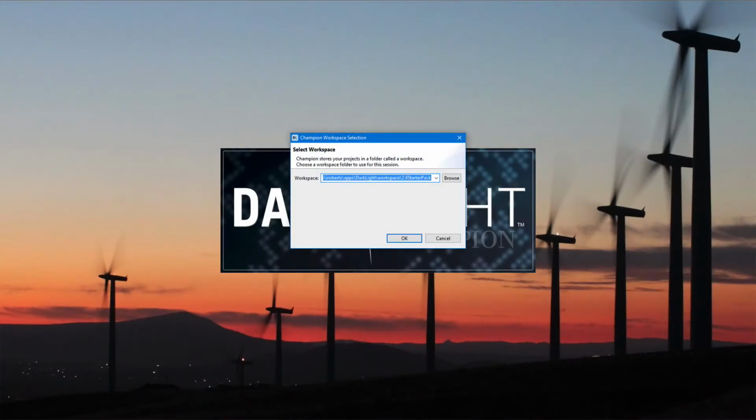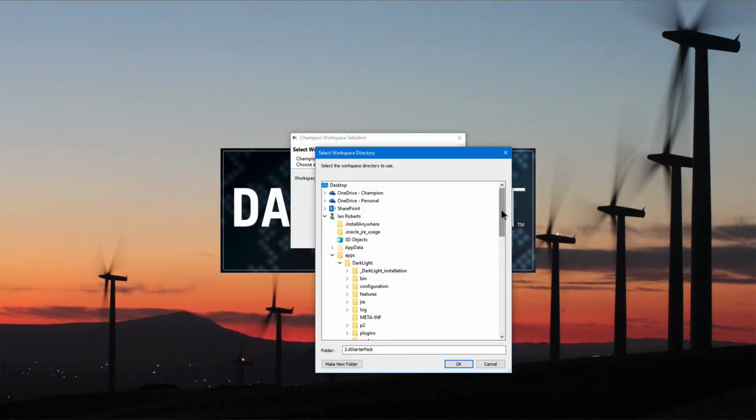Here's a quick tour of the starter pack data that comes with DarkLight 2.6. When you launch DarkLight, it will ask you for a workspace where your files and settings are stored. If this is the first time you've installed DarkLight on this machine, it will automatically suggest the 2.6 starter pack workspace that it installed. If you are upgrading, use the Browse button to go to the Workspace folder and choose